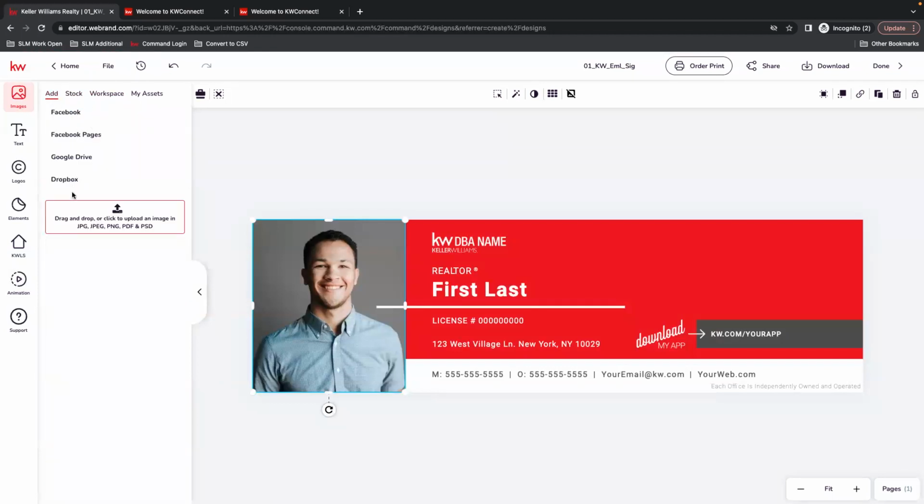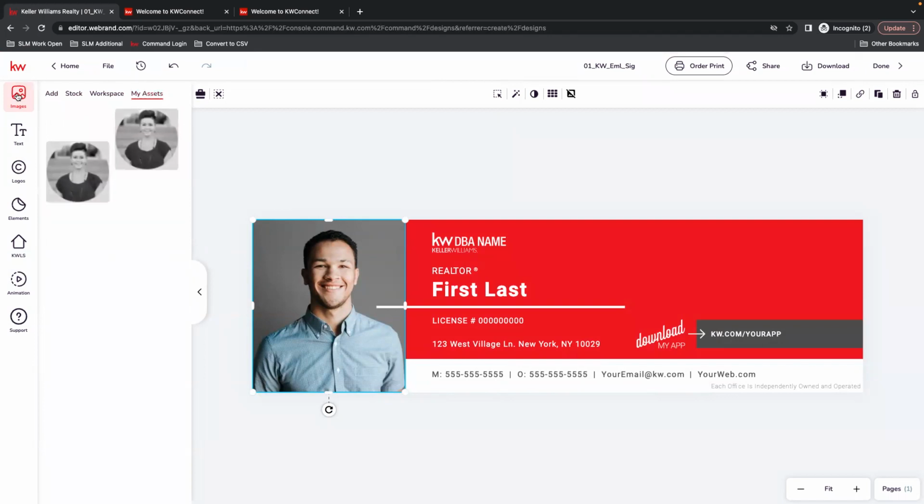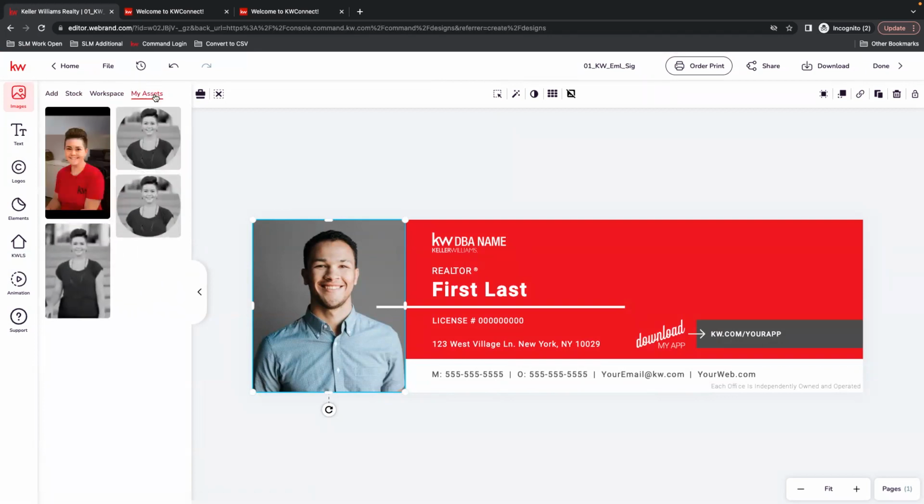So you can pull images directly from here. You can drag and drop your image if you haven't uploaded it yet. Or if you come over here, you'll see My Assets. So that's going to pull up the images that you have in the assets that we just